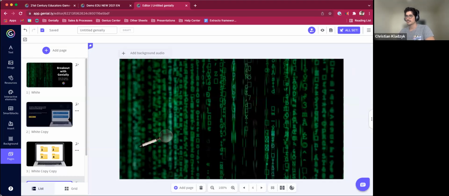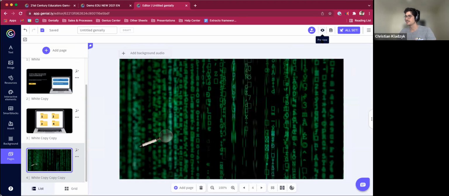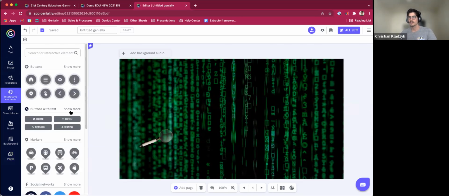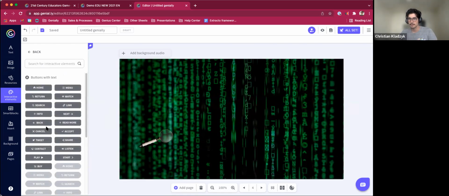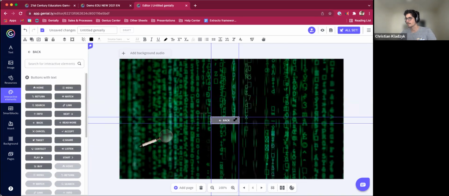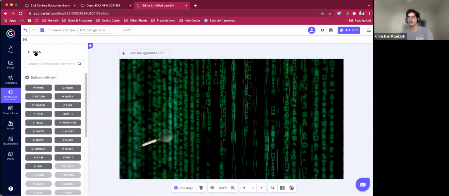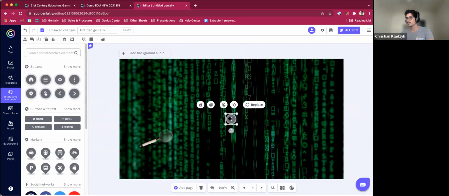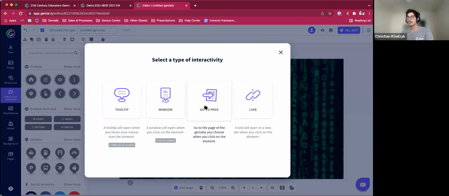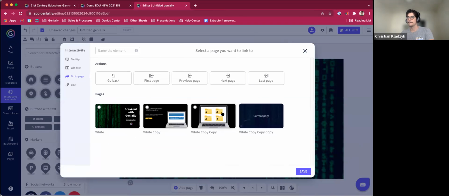So what that means for us here, as we are creating this page, is we need to give users the ability to go back and search for more hints, right? So what I'm going to do, very simple, go to interactive elements, add a back button. And I'll just drag this. Actually, I don't like this button with text. I'll just have this little circle pop up and assign it some go to page interactivity,